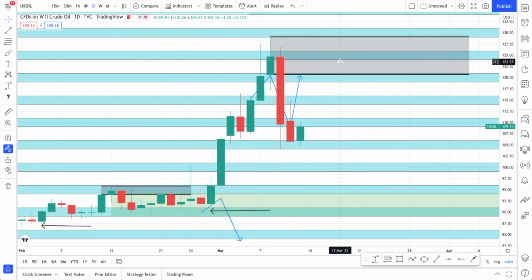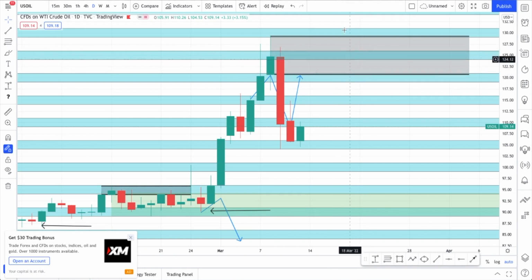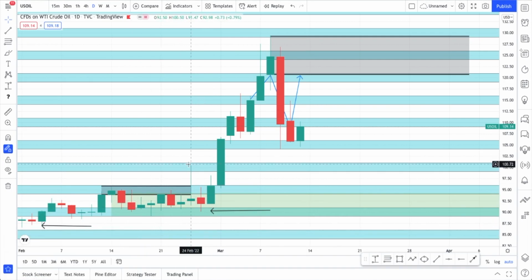But if that doesn't happen and I don't find any signal or indication that prices are likely to move down, then I will disregard this move. So with that being said, there could be potential areas to buy here, but I don't really see this as demand, or this as demand as well. So I would only look for prices to come back all the way down here in order to look for trades to the upside. But as things stand, that is far from happening. So with that being said, I'll now move on to Bitcoin.